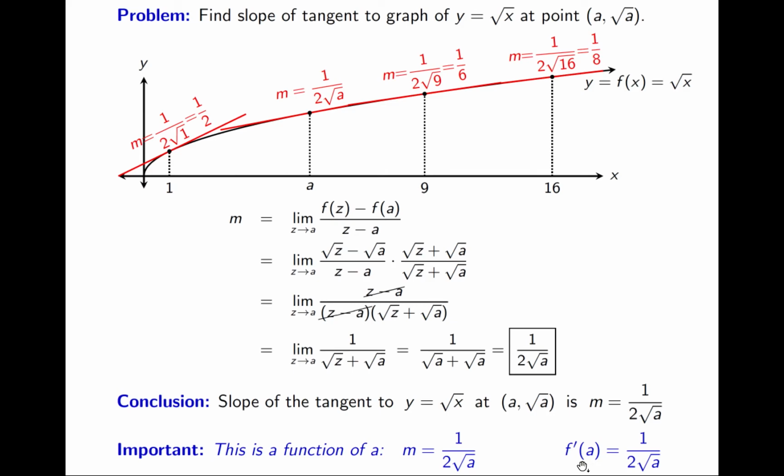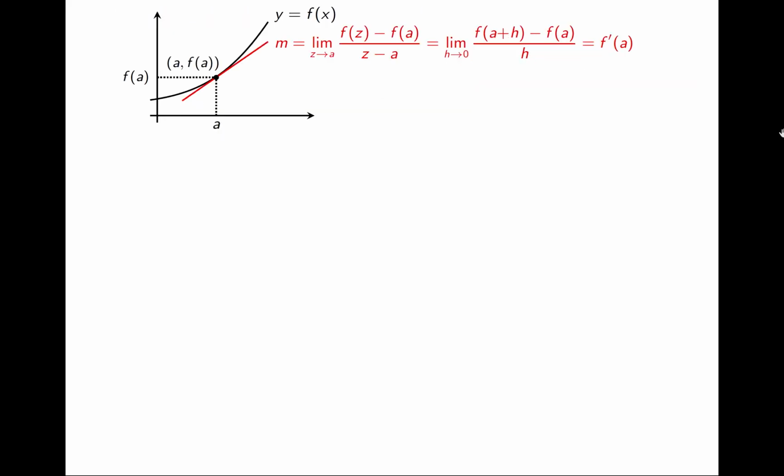So that gives us the slope. Let's summarize what we just did from a more general point of view. Rather than the function y equals the square root of x, think of a generic function y equals f of x. We said that if we take a point a, f of a on the graph of this function and look at the tangent line, it has slope m, which is